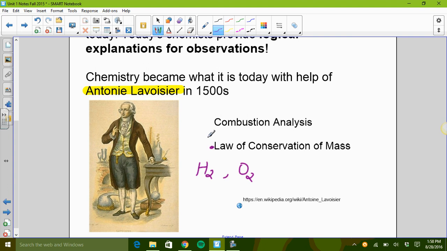He also dealt with a lot of combustion experiments, and he analyzed the products of combustion. Some of you guys might know that combustion is just taking something that's a sugar or a hydrocarbon, which has hydrogen and carbon in it, as you might imagine, and you add it to oxygen, or you put it in the presence of oxygen, and it naturally combusts, which would then create carbon dioxide and water. So that's the generic equation for a combustion equation. So he obviously dealt a lot with oxygen, so he dabbled in combustion as well.